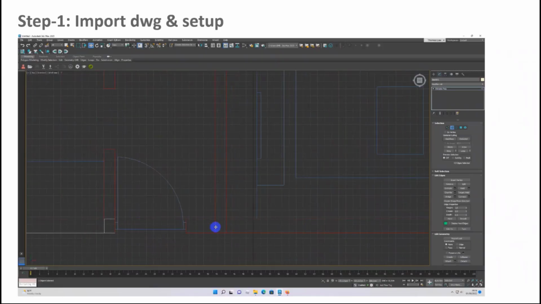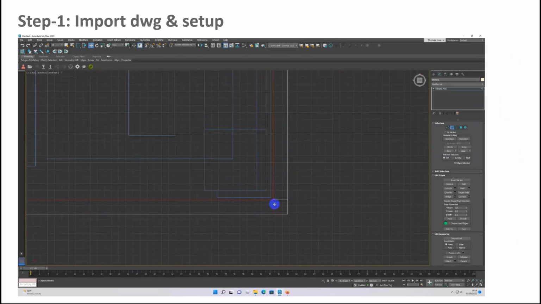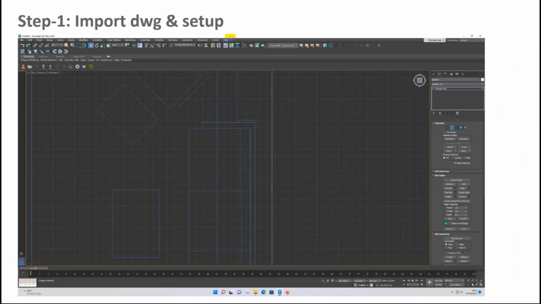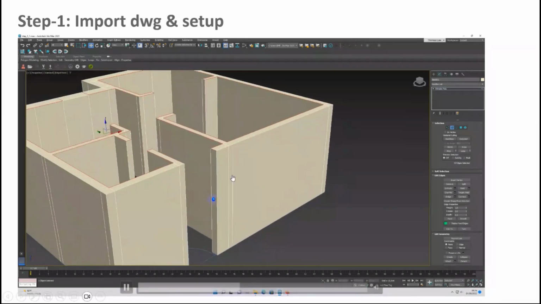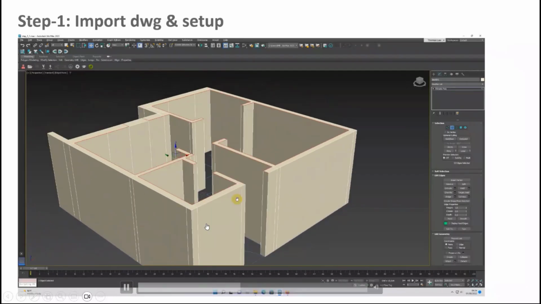Let's say right now I want to see from the top. This is easier. I just press Alt W on my keyboard, the shortcut, so I can shift between which view I want to overview. Let's say I want to overview from the top. I see the four views. So I finish all the things, because this is simple, only the first floor.